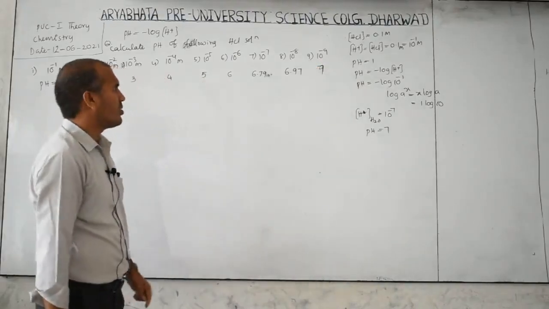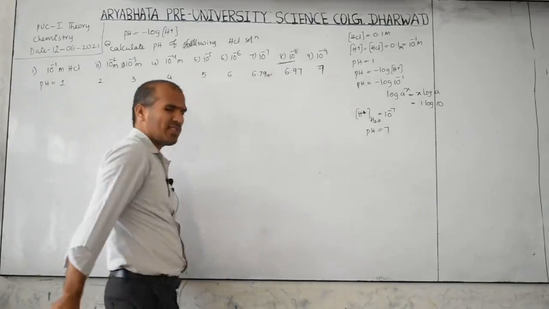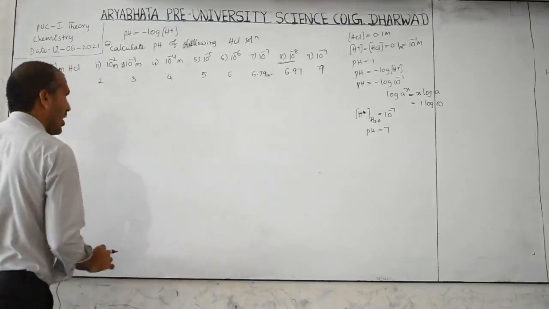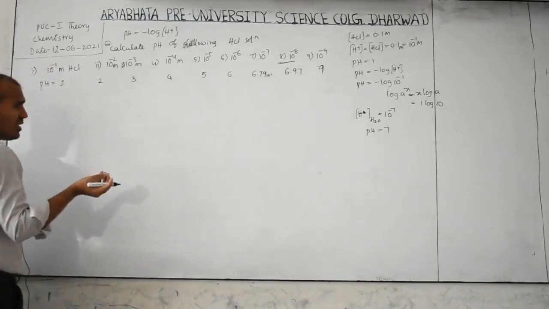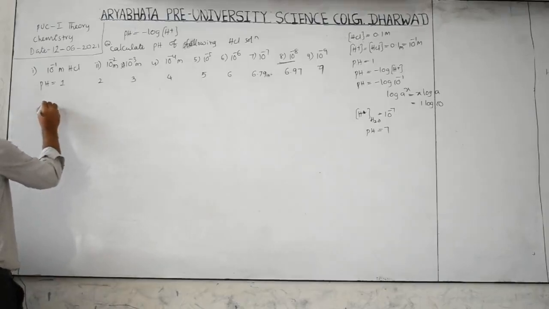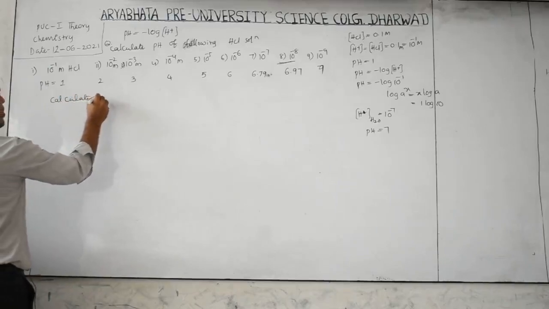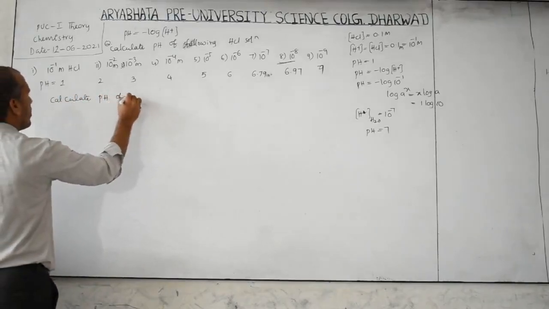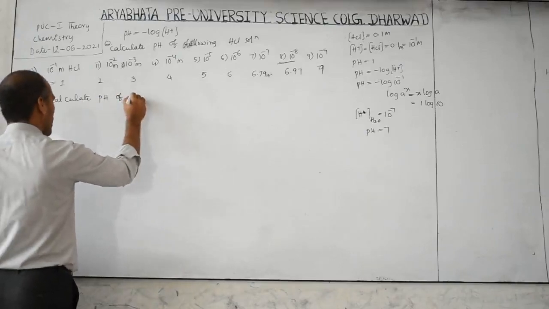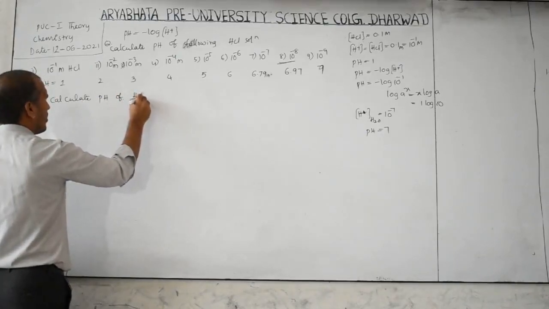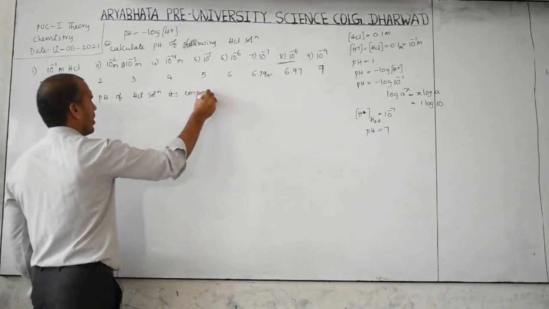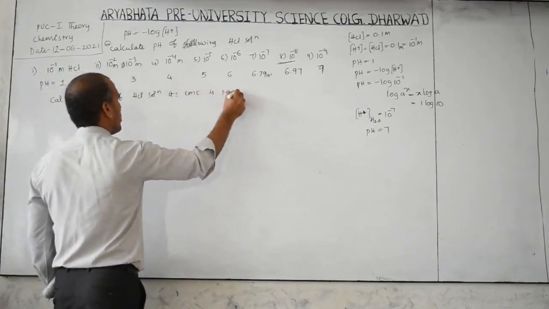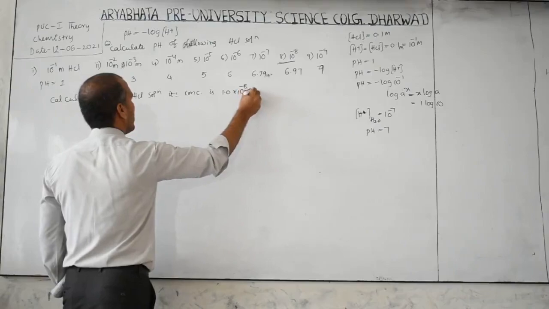This is given in your textbook directly in the form of a solved question. With respect to this, I will solve and show what the correct answer is, whether directly 8 is the answer or 6.97 is the answer. So now the question, how it is given in the textbook. Calculate the pH of HCl solution whose concentration is 1.0 into 10 power minus 8 M.